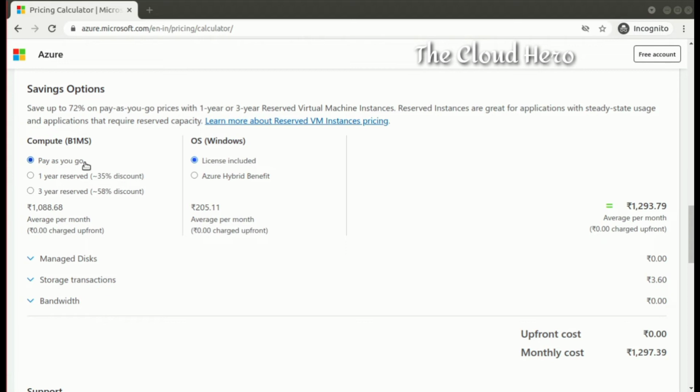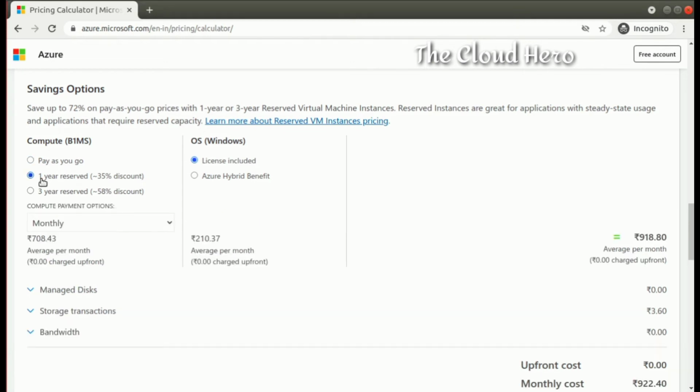Suppose you have an application you would like to host on Azure, and that application and application server we are using for 3 years or 1 year or many more years. It depends on the requirement. So we have different options, which are 1 year reservation and 3 year reservation. If I reserve my virtual machine for 1 year, I'll receive a 35% discount. So let's check what type of discount I'll get. Let's click on a 1 year reservation, and I'll receive a 35% discount.